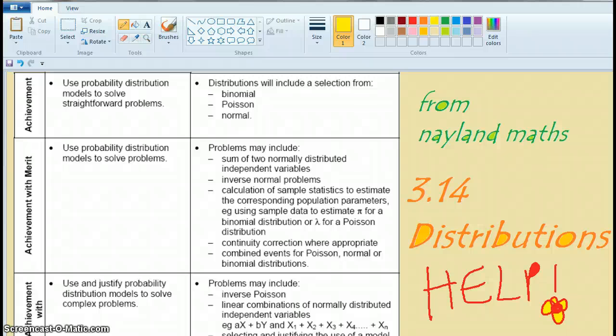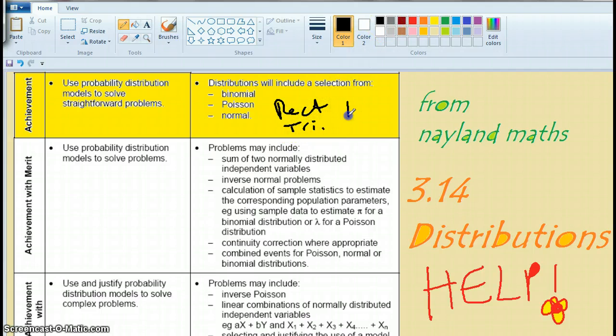Okay, this is what Nayland Maths thinks might happen for achieved criteria. Now I'm thinking that in here it could actually be rectangular and triangular and actually reading from graphs. Okay, but I think if you really just want to pass, because this is really hard for you, not because